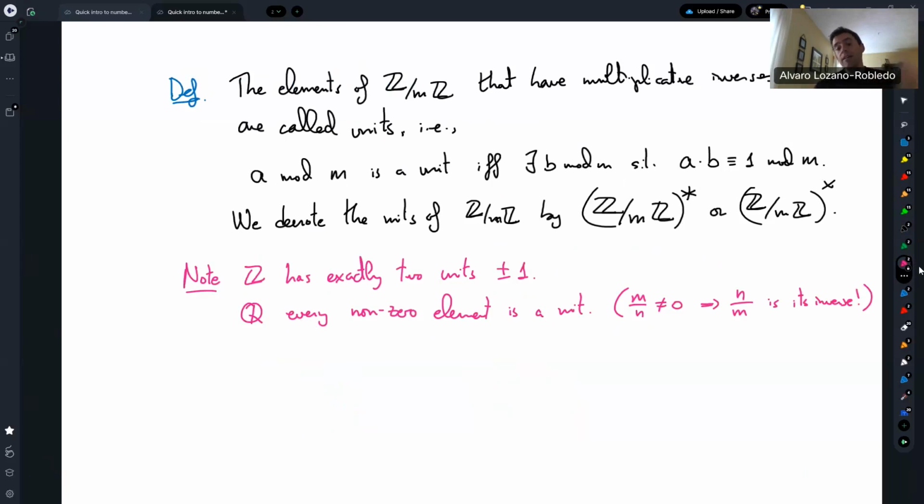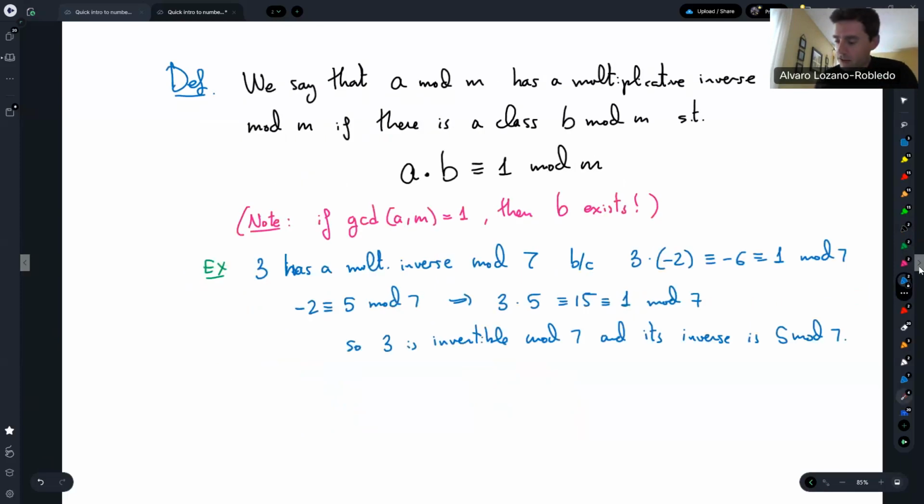Z mod mZ sometimes has a few units, and sometimes everything that is non-zero is a unit. That is a very nice case when everything that is non-zero is a unit. We call those fields. So we're going to try to figure out when one of these congruence classes groups, Z mod mZ, actually forms a field, just like the rational numbers, the reals, and the complex numbers. Okay, so now it turns out that you can figure out, because of this note here,